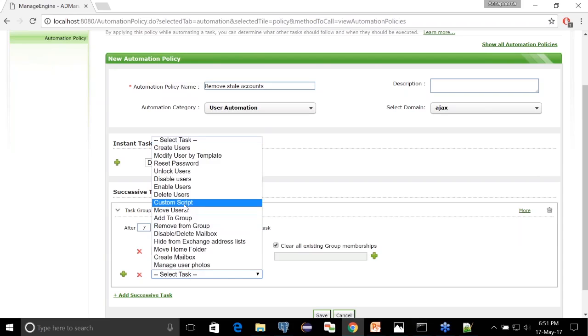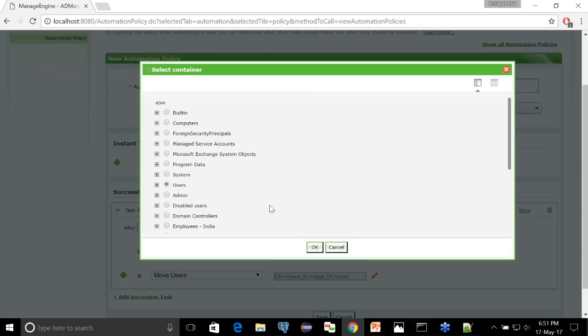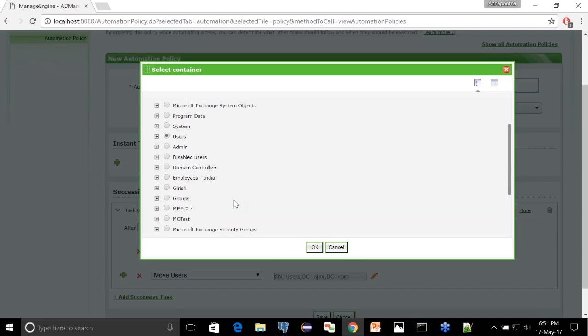I'm going to clear away all the existing group membership, or if you want to be very particular, then you can always go ahead and click this plus icon and choose the groups to be removed from the user account. Okay, I'm just going to click this option, clear all existing groups.